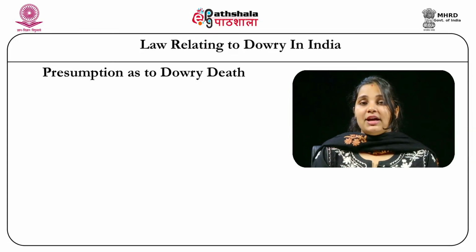Which means that under the Indian Evidence Act, the court will presume that if a woman has died under abnormal circumstances within 7 years of marriage and there is evidence to prove that there was a demand for dowry in connection with the marriage and she was meted out cruelty because of demand for dowry, the court will presume that it is a situation of dowry death, and then the proceedings will take their shape accordingly. So, this is a variance from normal offences wherein the burden lies on the prosecution to establish a case beyond